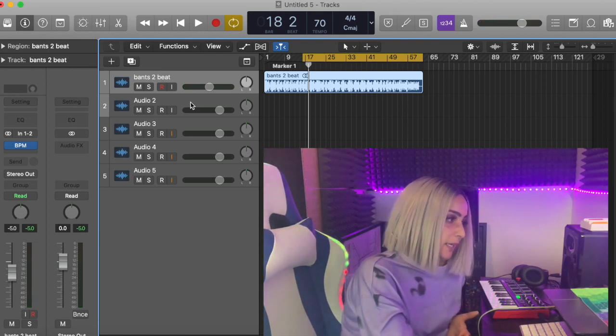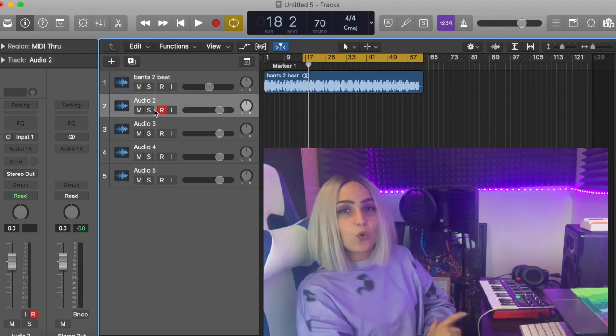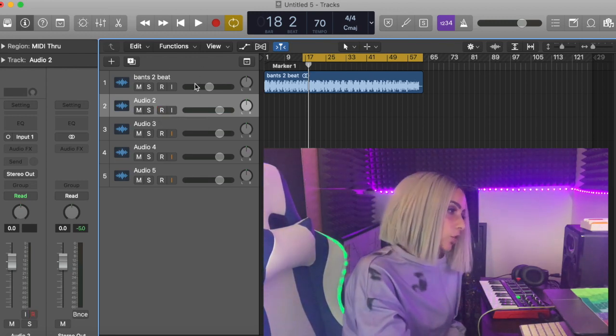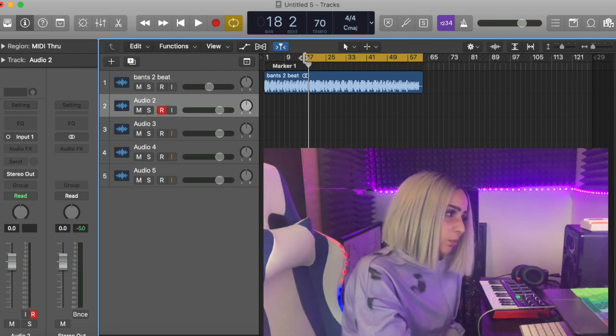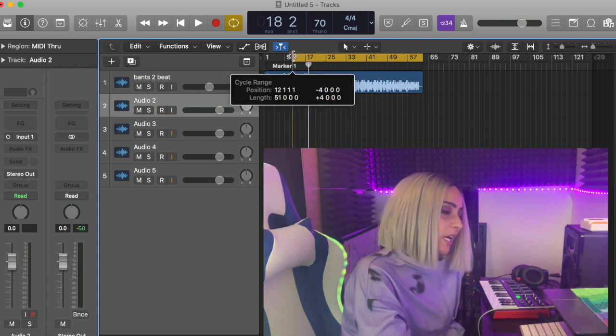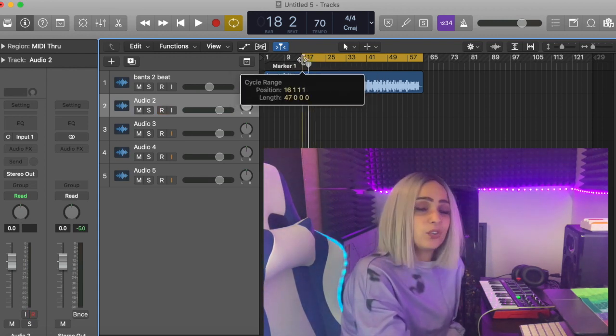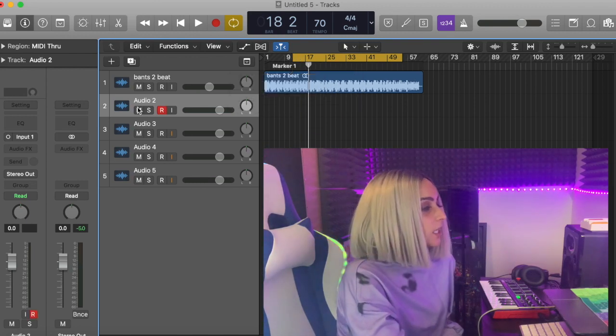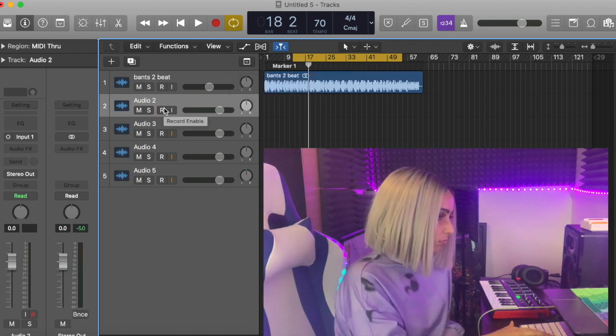That's perfect for me. Now, in terms of recording your vocals, now that you've actually turned the instrumental down, you would select, using this marker here, where you want the instrumental to start for you to start recording. Okay, so let's say I'm just recording from this part here. You would select R,